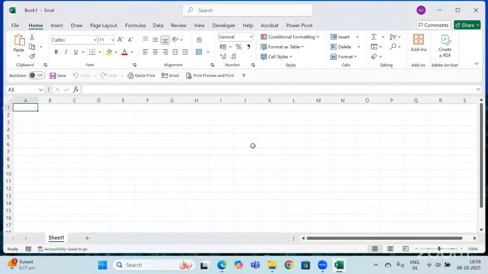Anyone of you? This is our ribbon, and after that,